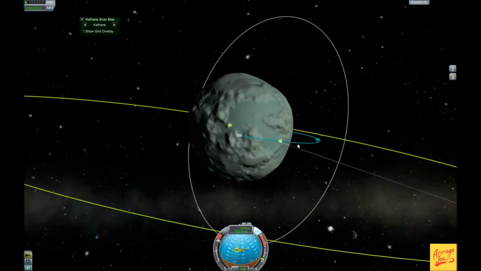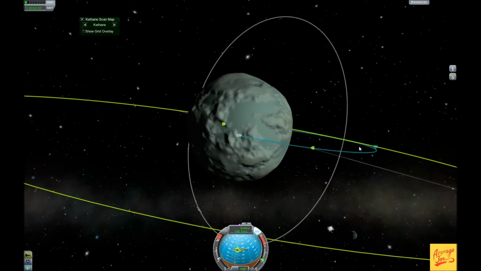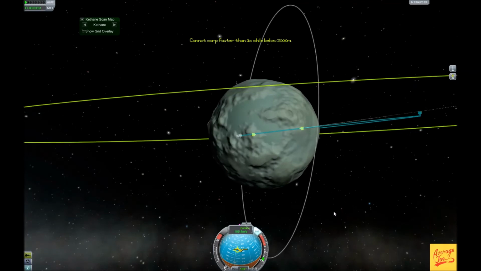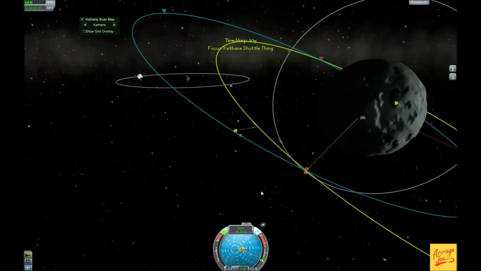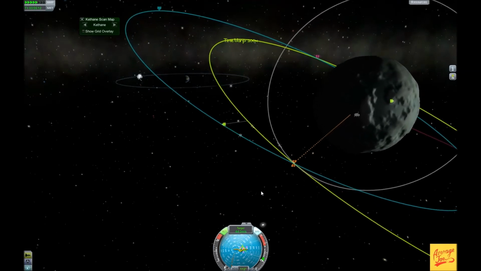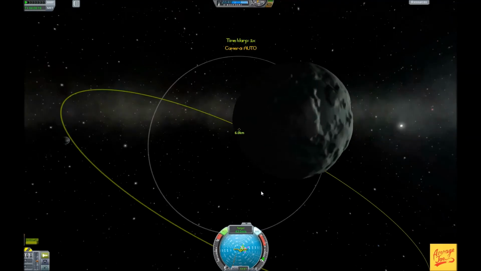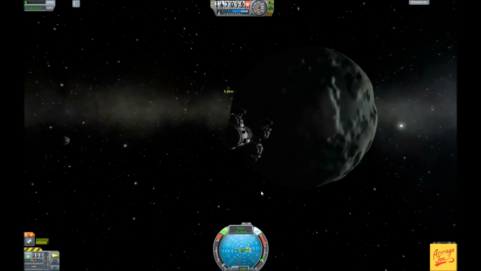Again, the wonderful thing about Minmus is it's so easy to make this rendezvous. I don't even try very hard, I don't plan very hard, I just kind of throw it out there and eventually get nearby. I can make plane changes with minimal fuel. You can see this is a very sloppy encounter. Who cares? It's Minmus. That's what makes it easy. It takes very little fuel to do this. I end up back in orbit with the majority of fuel on board,